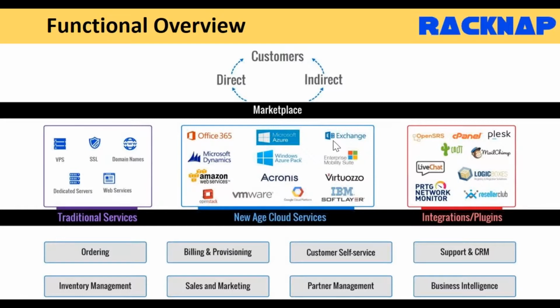And what is interesting, if you see here, is that you're also seeing other multi-cloud providers, other cloud providers in here, right? So for example, you can see Amazon Web Services, IBM SoftLayer. If you have some data center assets, you can use that to offer, for example, OpenStack, etc. So you're not constrained by just this list here, because RackNav is a true multi-cloud enablement platform, helping to offer multi-cloud services to end customers, right? So as a CSP, you can use the platform to offer these services to end customers.